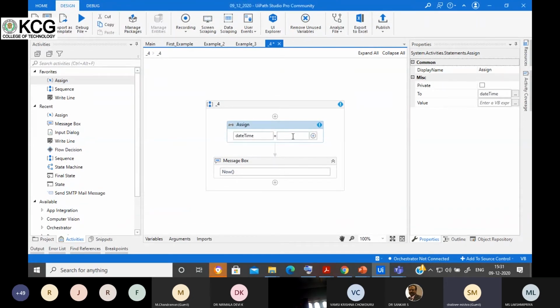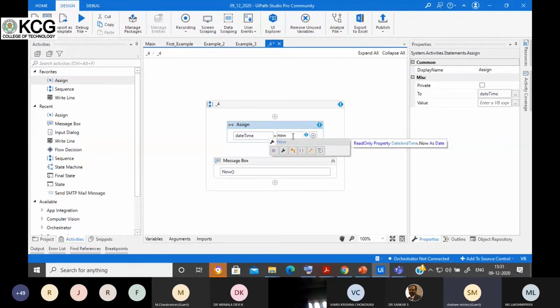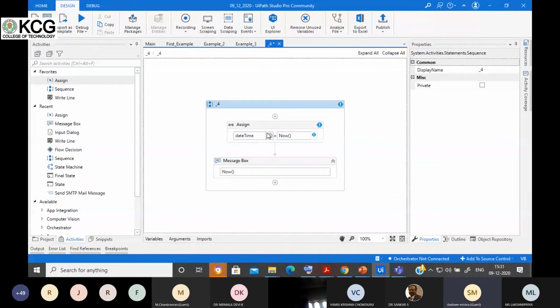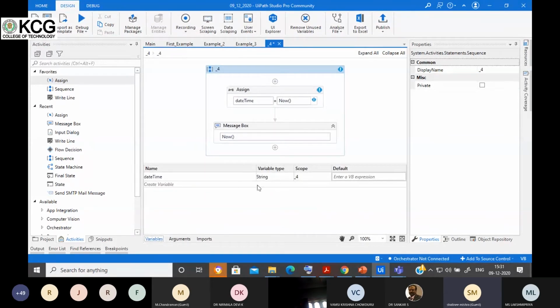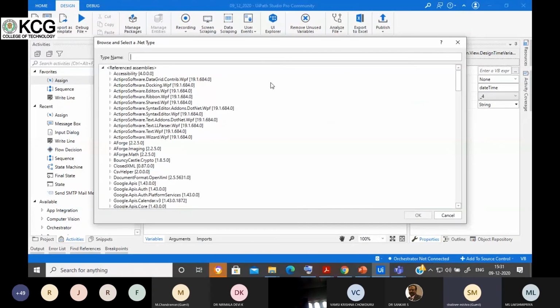Now I'll use the now function here. But here what output am I getting? So I need to change this to, you have to browse for the time.